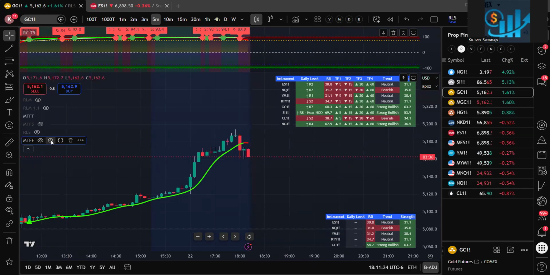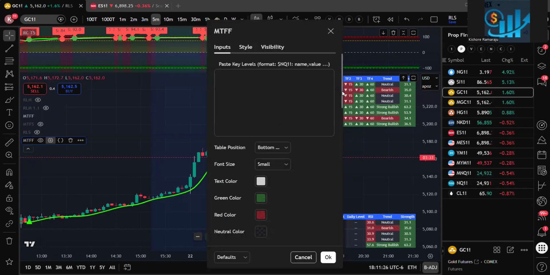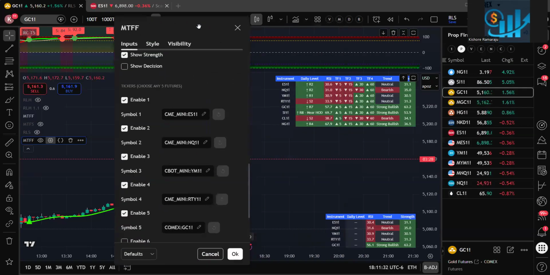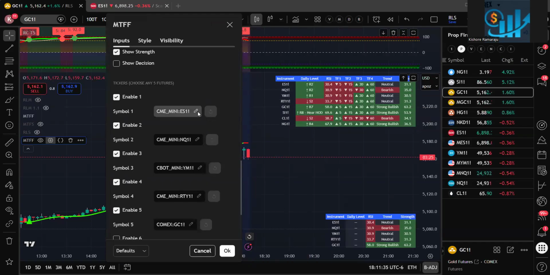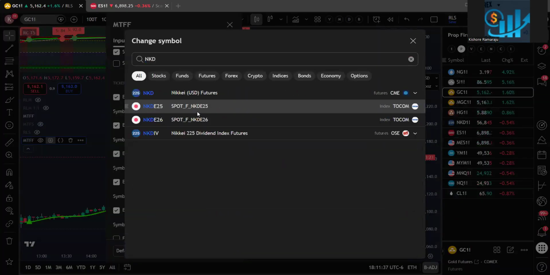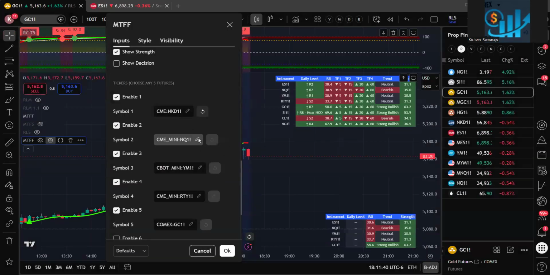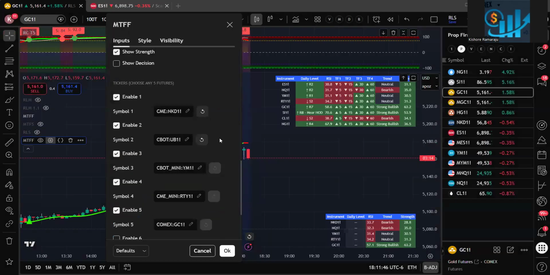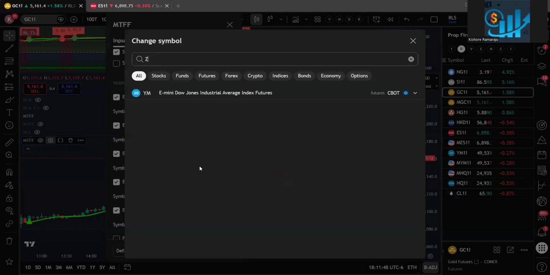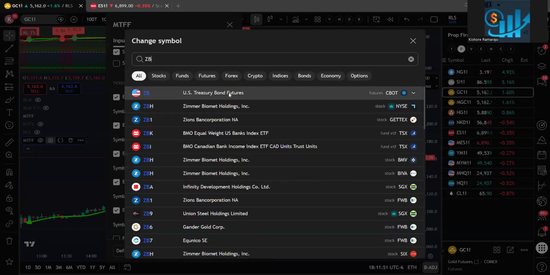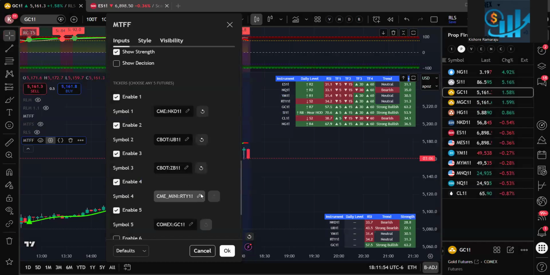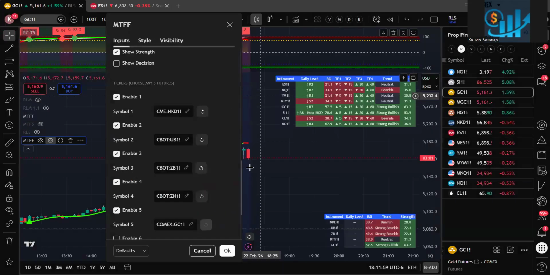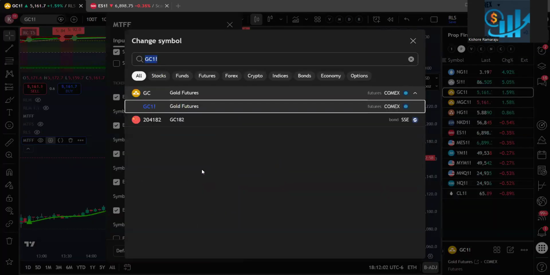If I want to watch a few more symbols, I can go and edit the symbols, right? For example, here I am missing NKD. I want to watch the trend for NKD, so I'll enter NKD, or let us say Ultra Bonds is missing here, then I can give Ultra Bonds. If I want to look for ZB, which is like treasury bonds, or if I want to look for ZN, the 10-year note,